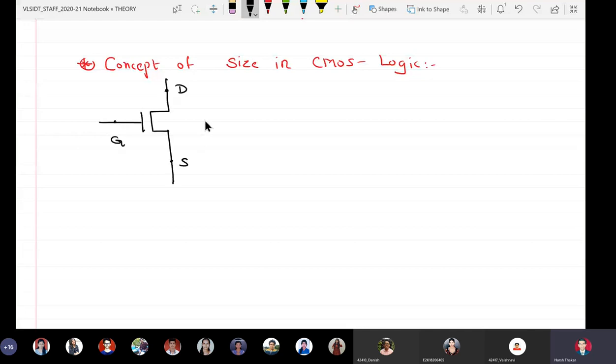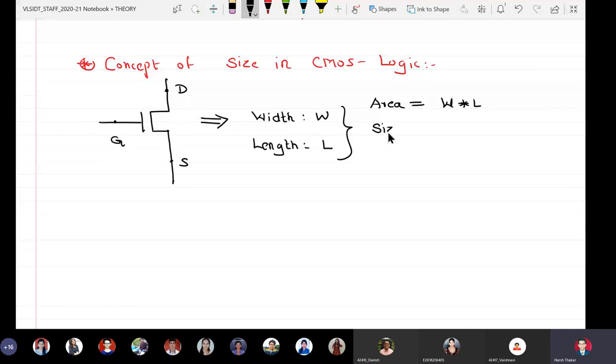Okay, this particular N-channel MOSFET has width W and channel length L. So understand that the area of this MOSFET is given as W into L, and the size is given as W upon L.